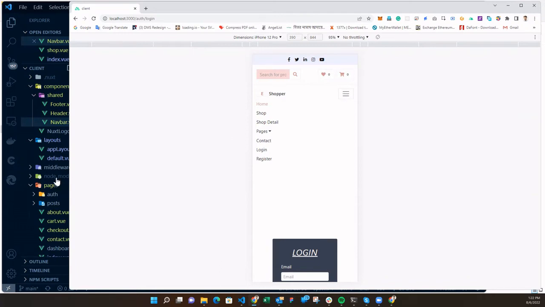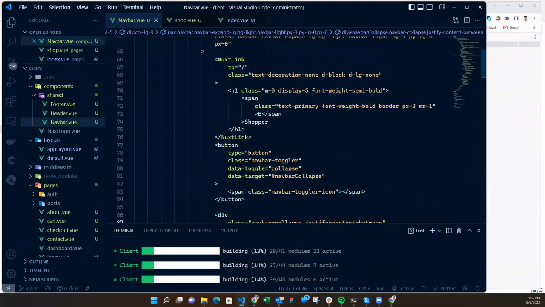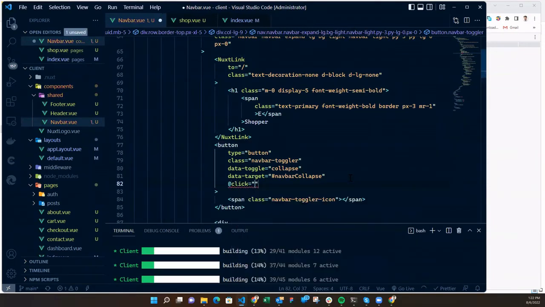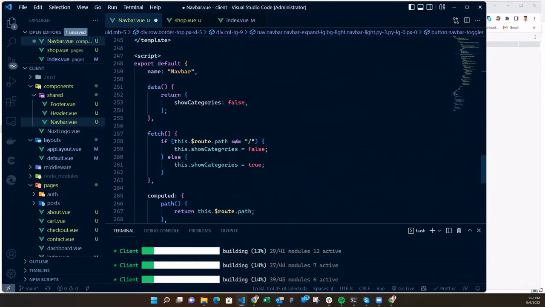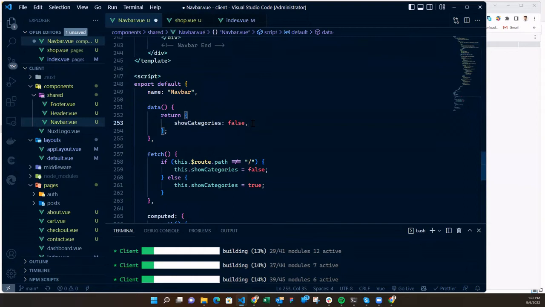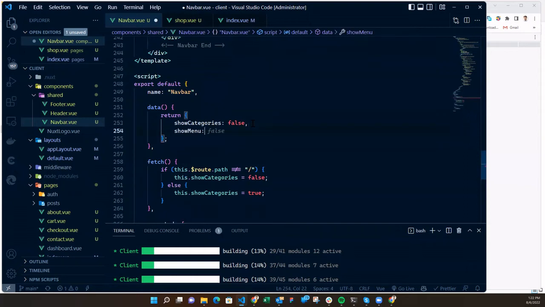In this button, we will add an @click event, and we will say that show menu equals not show menu. So the opposite: if show menu is true, then make it false; if it is false, then make it true. Now we will have to create one property called show menu in our data method,